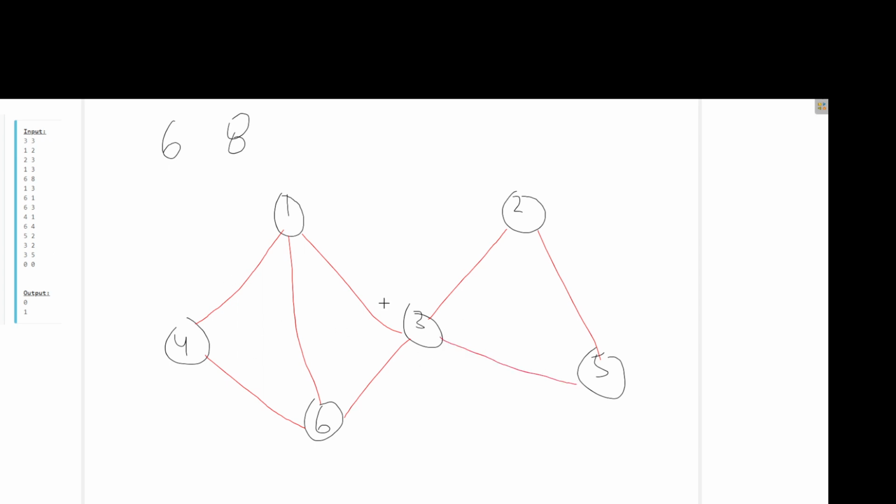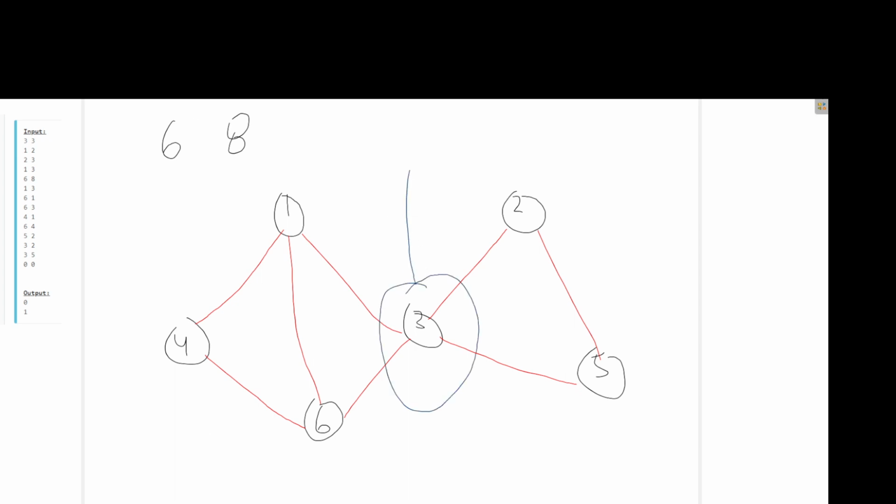So we have a total of 8 edges, and the number of nodes is 6. Here you can see that we have one articulation point. This is our articulation point.